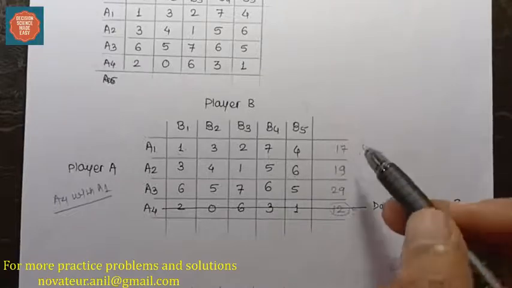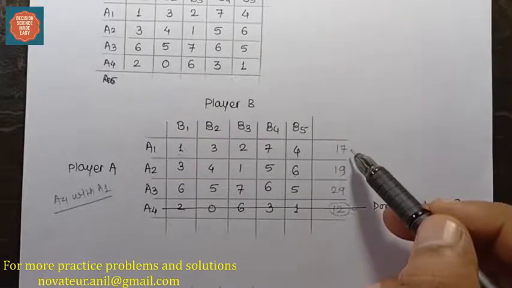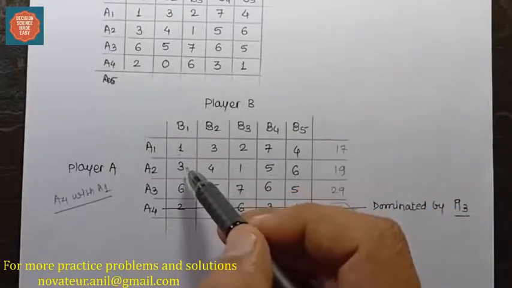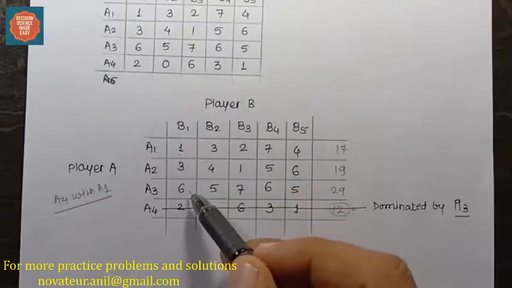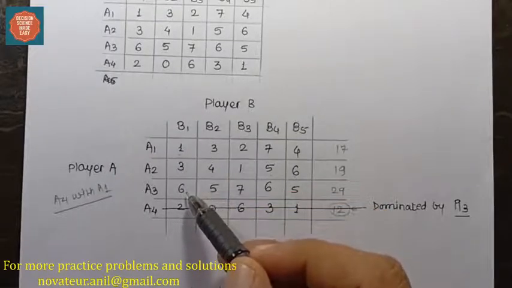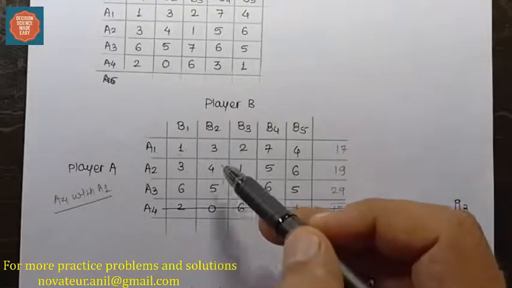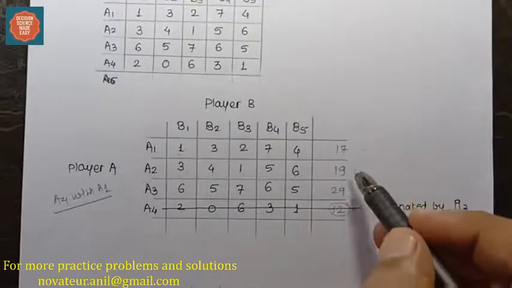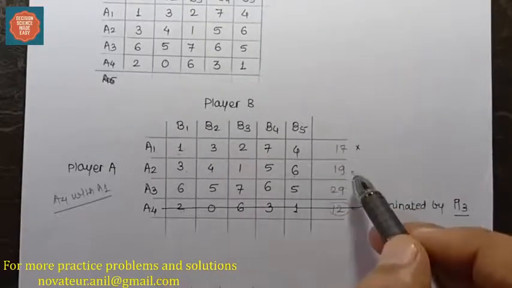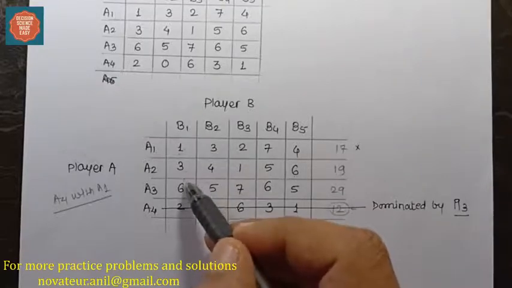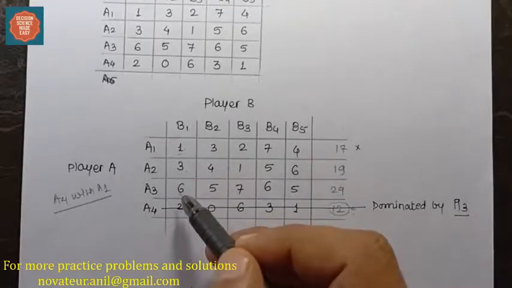Now we'll continue with the second thing. Now we are going to compare this with this. 1 is greater than 3, no, discard. 1 is greater than 6, discard. 3 greater than 5, no, okay, correct. So this is not going to be used. 3 is greater than 6, no.